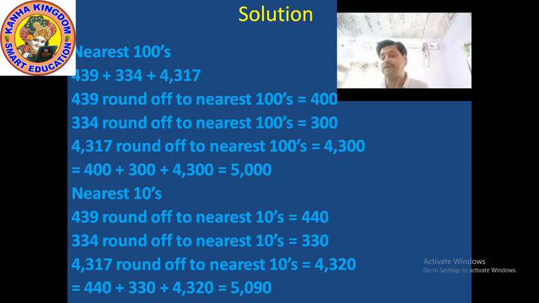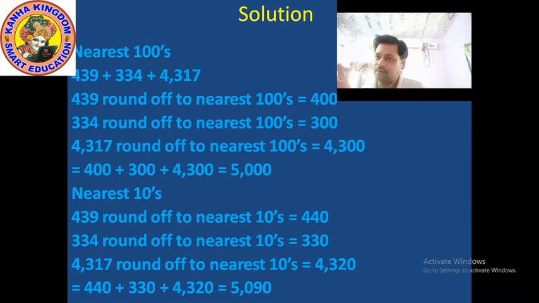Here the second rule applies, which means one digit is converted into 0, and you have to add one more to the tens place. Which digit is in the tens place? 3. So you add one more: 3 plus 1 equals 4. Whatever the digit in the 100 place, nothing is changed. Which digit is in the 100 place? 4. So you write down 4 the same. When we converted 439 to the nearest 10,